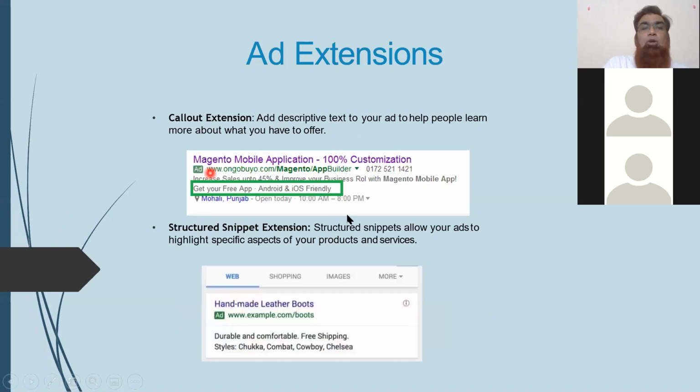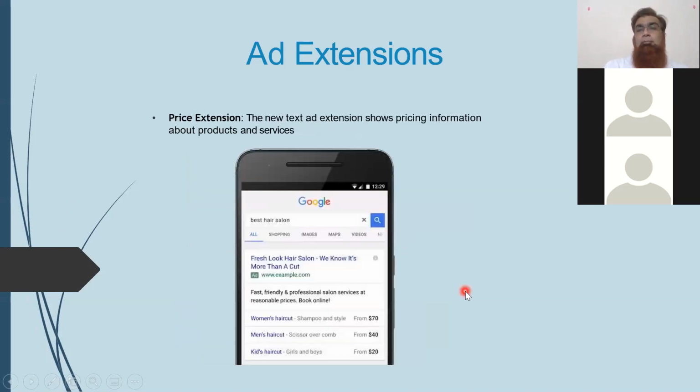Then you have a few other things which are available. Now, structured snippet extension is also there. In that scenario, you have a few more options which you can do. So what I will suggest is that you don't jump into all these things at a time. Start doing one thing at one moment, experience it, do proper setting, and then see how it is performing. You can choose any of all these things, but call extensions and site extensions are these two things.